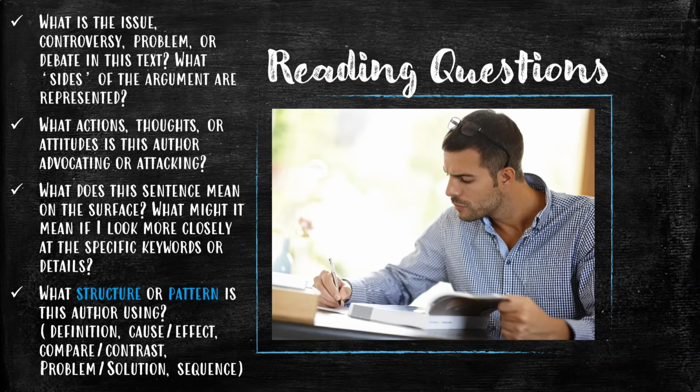So we might recall some common patterns of development are definition, or defining and classifying what something means, talking about the cause and effect, talking about compare and contrast. So compare and contrast could be comparing 2 viewpoints. It could be talking about before and after, like a notable change has taken place. Maybe the author is using a problem and solution pattern of development or a sequence, chronological process development. So see if you can capture that kind of higher level structuring when you understand what the author is talking about.